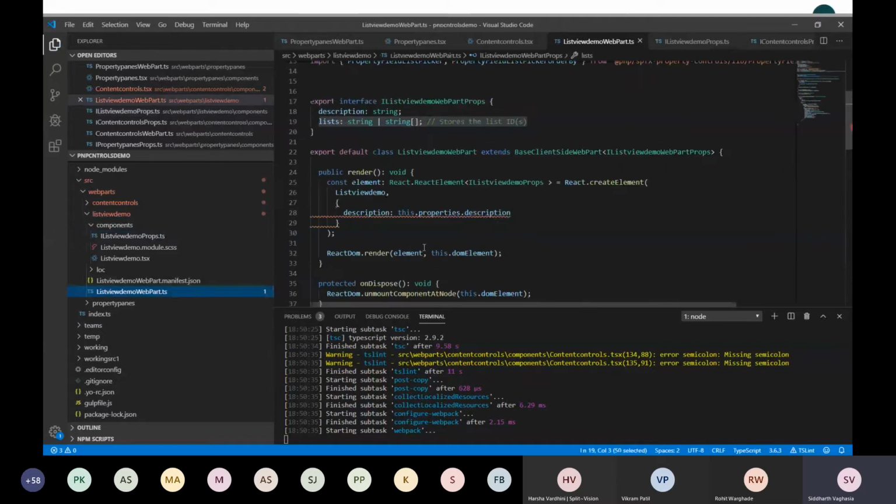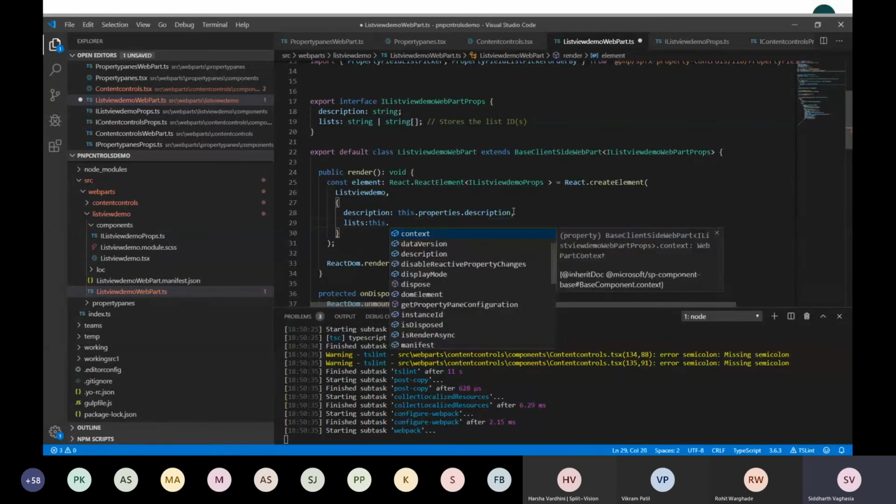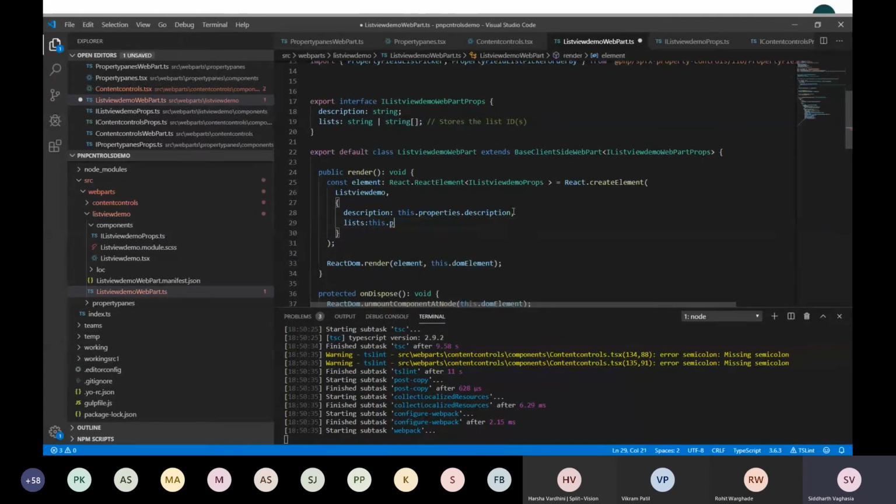And then pass it from here. This dot properties dot list. Right? So now the property is being passed there, right?